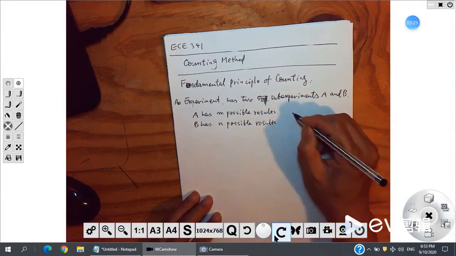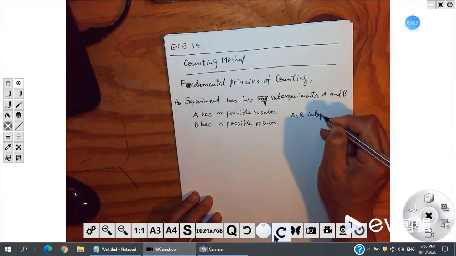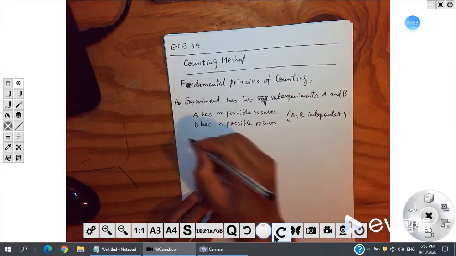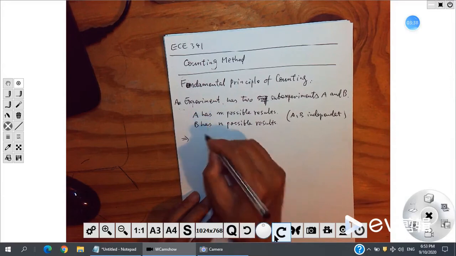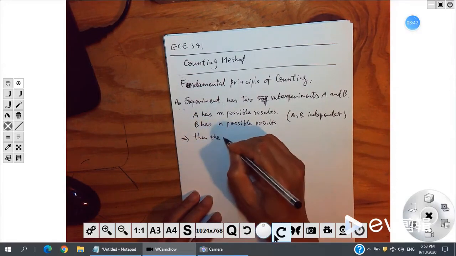Suppose A and B, these 2, are independent. And A and B combined together is a whole experiment. Then the whole experiment